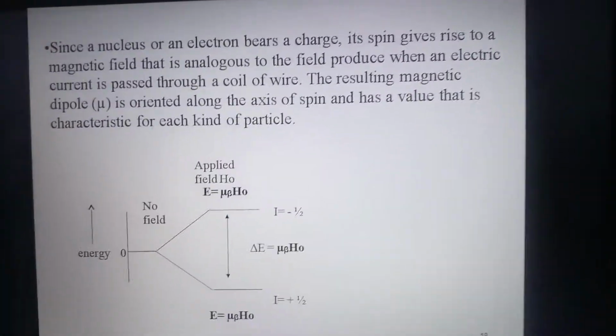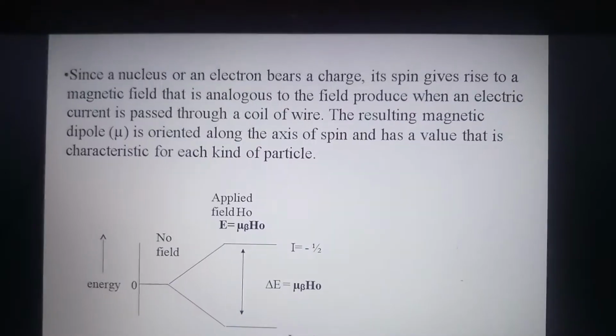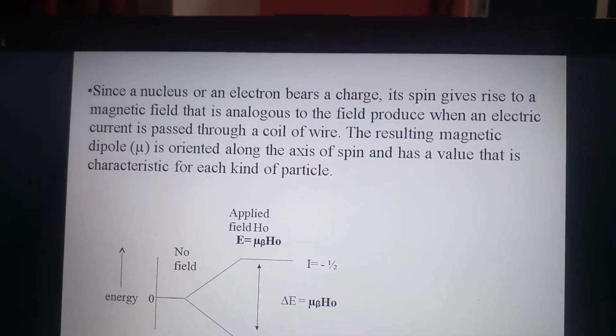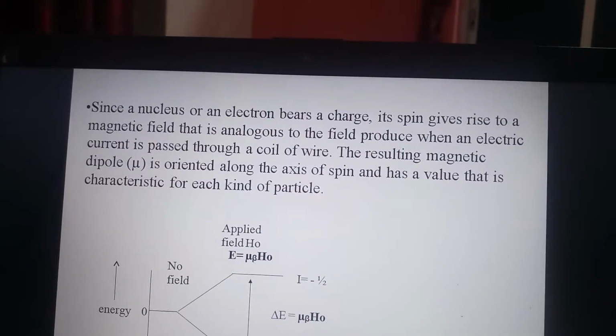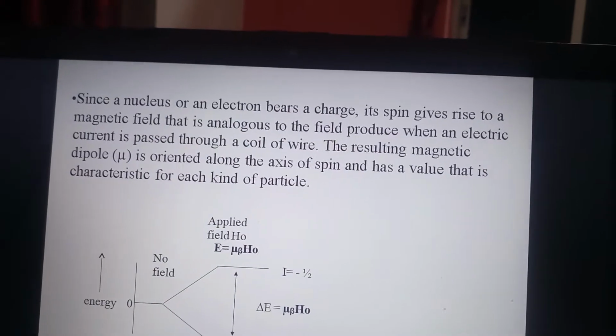Since a nucleus or an electron bears a charge, its spin gives rise to a magnetic field that is analogous to the field produced when an electric current is passed through a coil of wire.